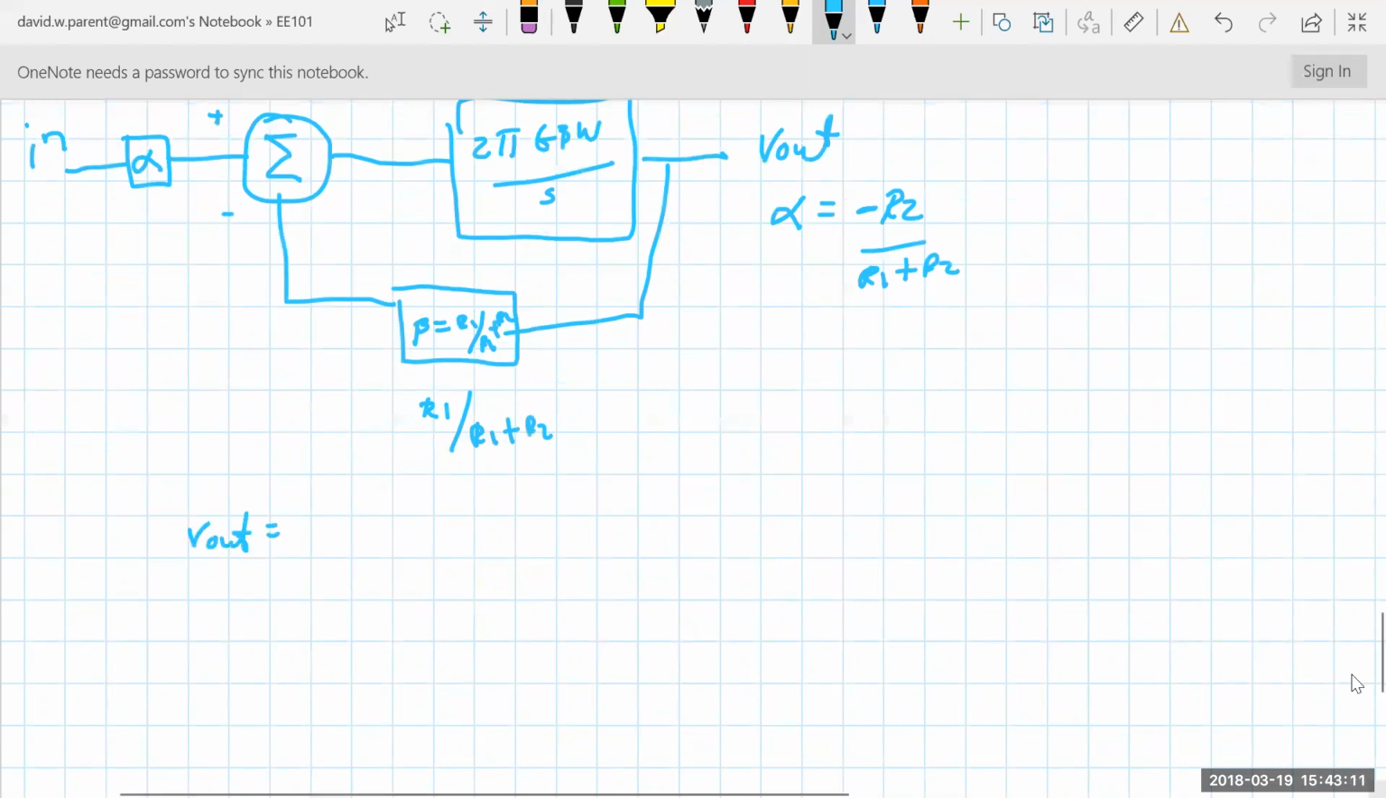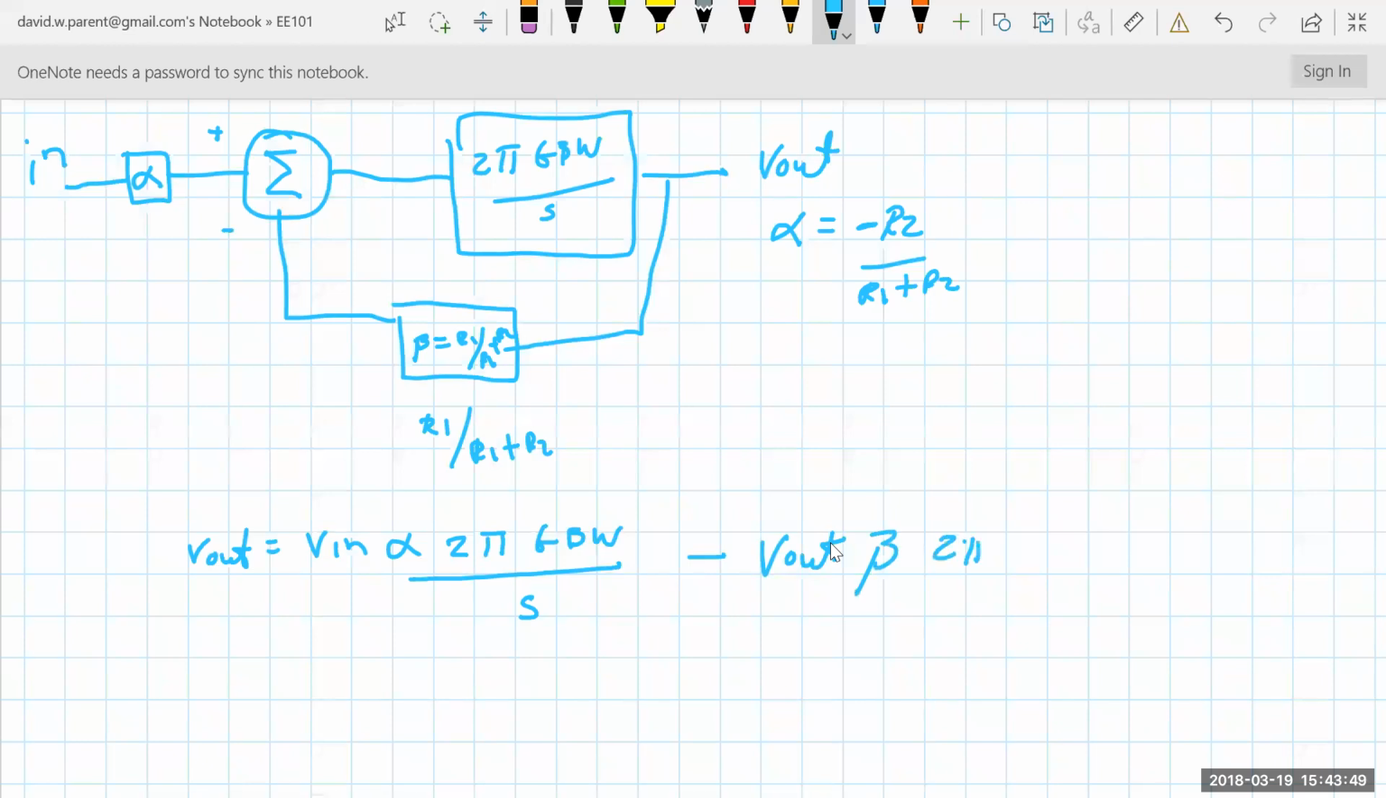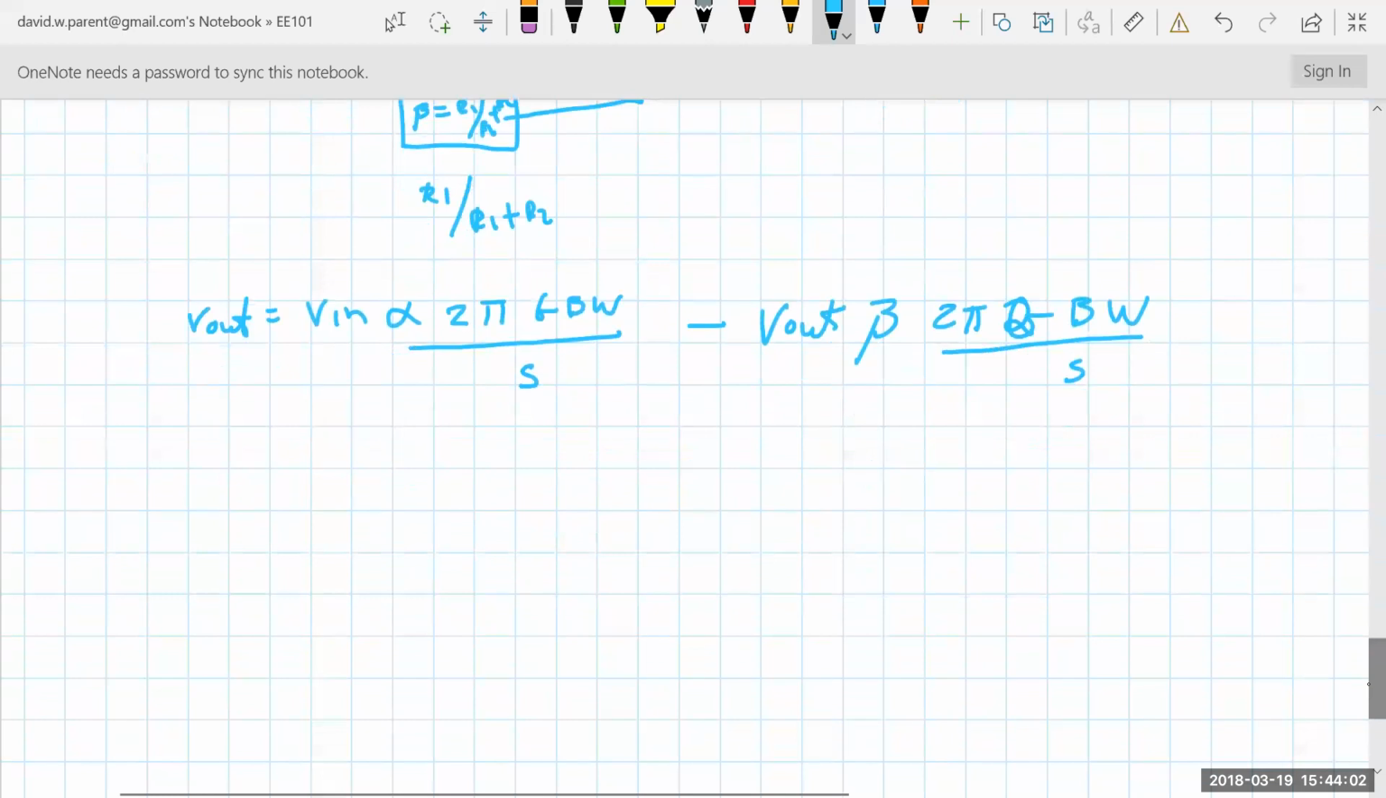V out equals, now, what's V out? Before it was just V in times this function. Now it's V in times alpha, which is this, times 2 pi gain bandwidth divided by S, minus V out beta 2 pi gain bandwidth divided by S. V out 1 plus